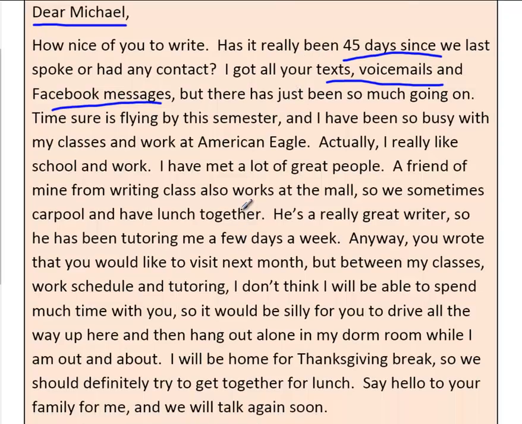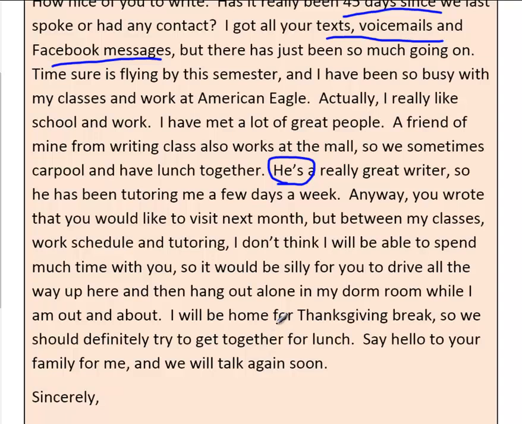It all starts out innocently enough. She's telling him about her classes and work and making new friends at both places, but then, right about here, this little innocent pronoun slips in. And now we know that her new friend, whom she's been spending so much time with, is really a boy, and that changes the whole ballgame. Oh, and of course, in addition to taking classes, working, and eating lunches together, she needs to spend even more time with him because he's a really great writer and she needs him to tutor her. Now, Michael makes the offer to drive up and go see Elizabeth at school, but we know that she doesn't want him there.